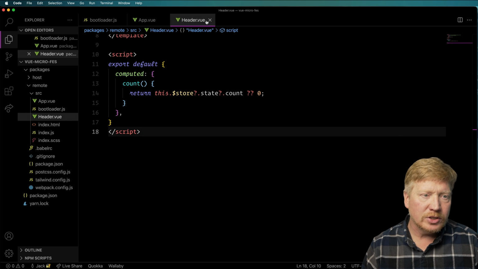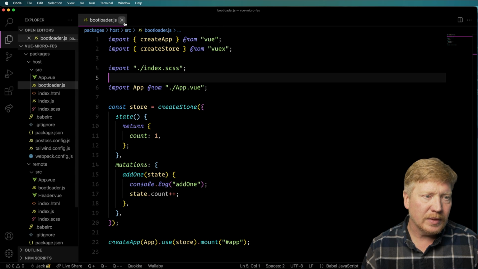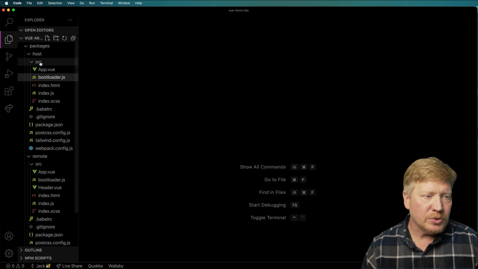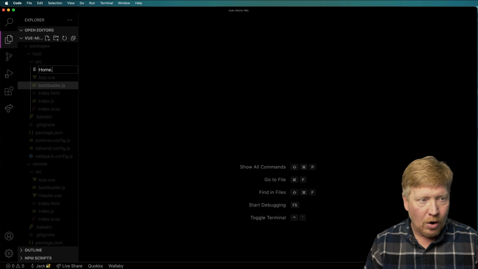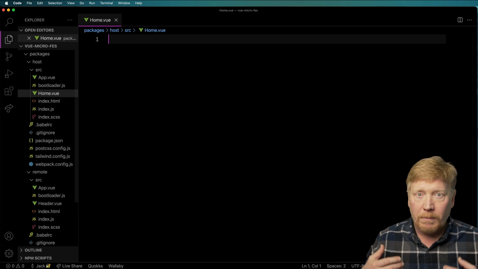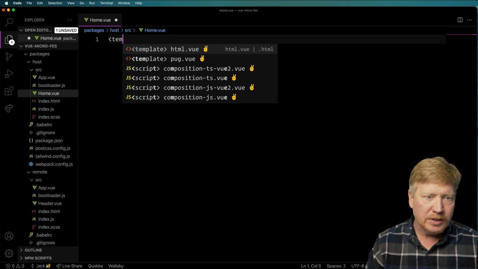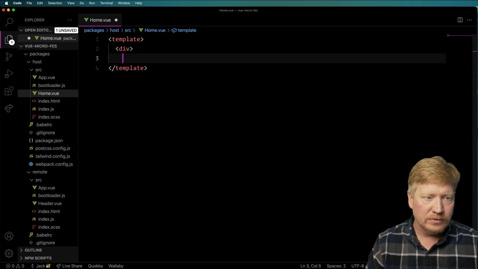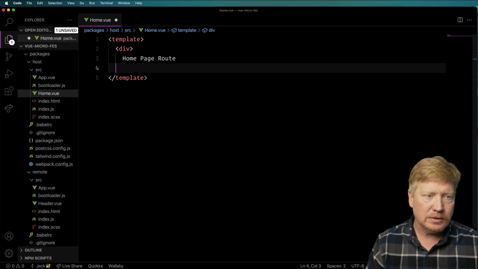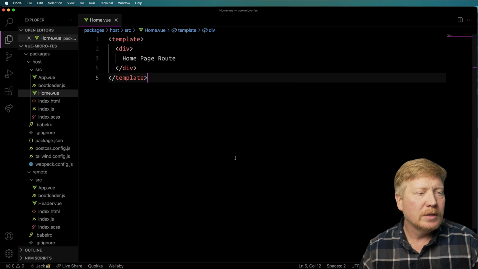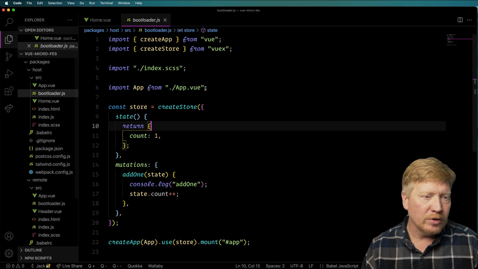And then let's go over to our host app. The first thing we need is some sort of routes. So I'm going to create a home view, which is going to be our home page route. It's going to have a template, div, homepage route. Okay, cool. And then I'm going to go back over into our bootloader, and we're going to start building out